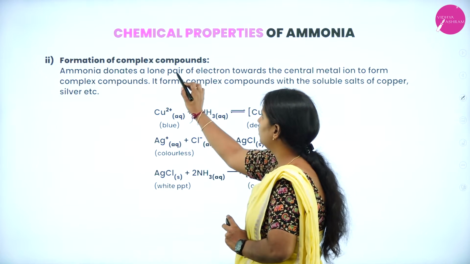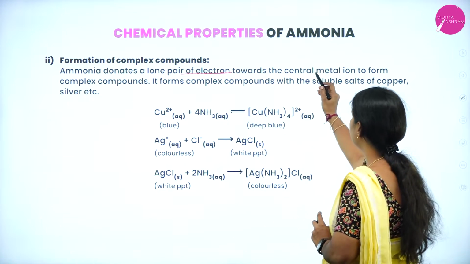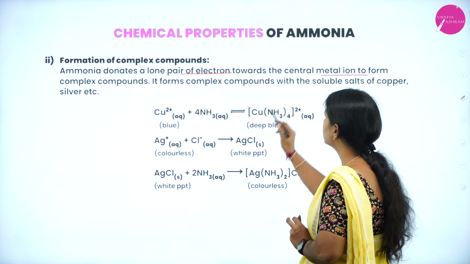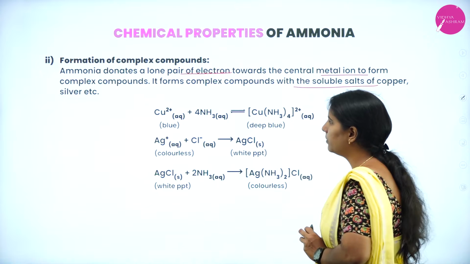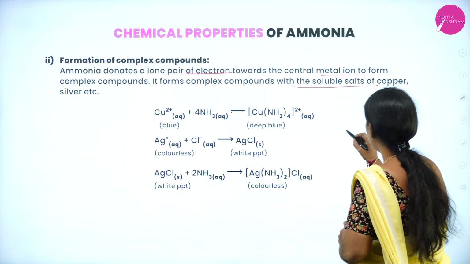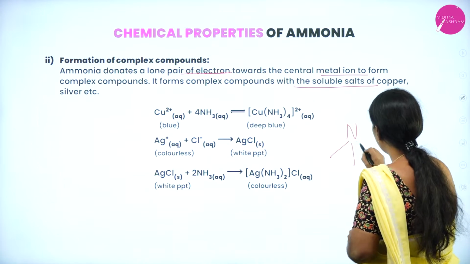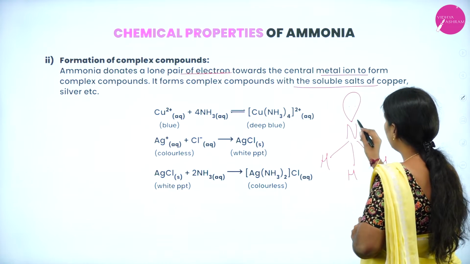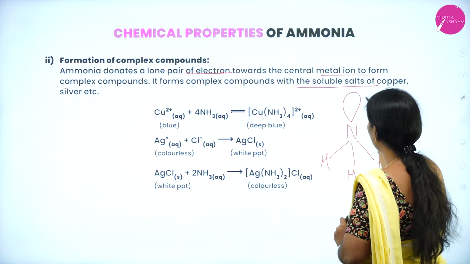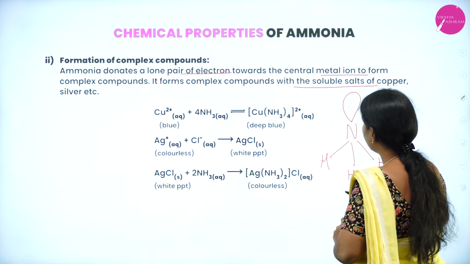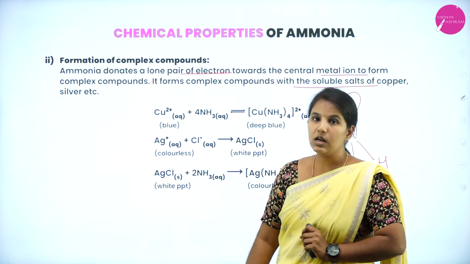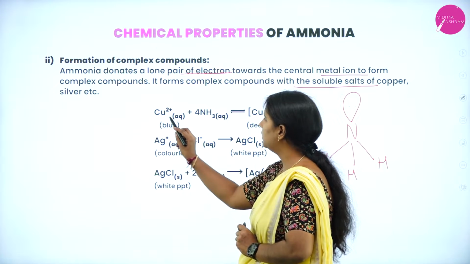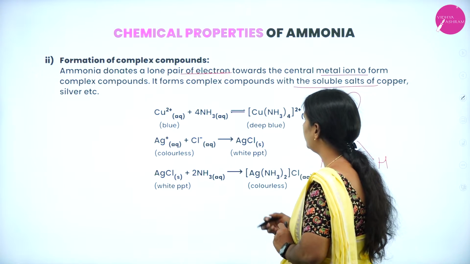Ammonia will donate a lone pair of electrons towards the central metal atom to form a complex compound, and it forms complex compounds with the soluble salts of copper and silver, etc. So we know that in ammonia, the nitrogen atom has 1 lone pair of electrons, right? It consists of one lone pair of electrons and 3 bond pairs of electrons. This lone pair of electrons will be donated by the nitrogen atom, thereby forming a complex compound. So we'll understand with the example where copper is allowed to react with ammonia